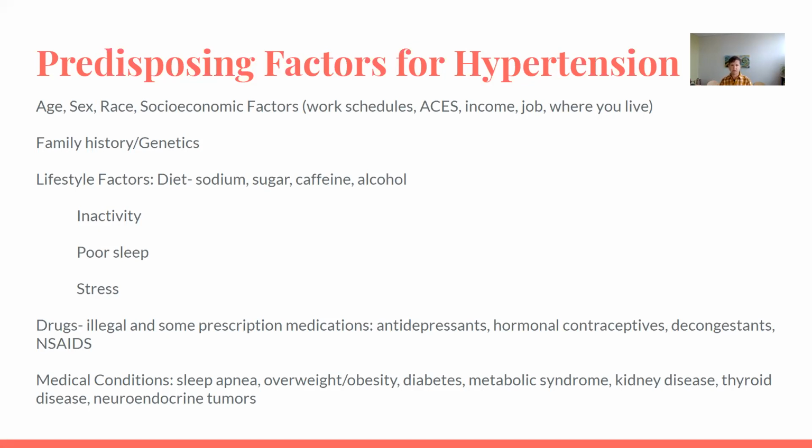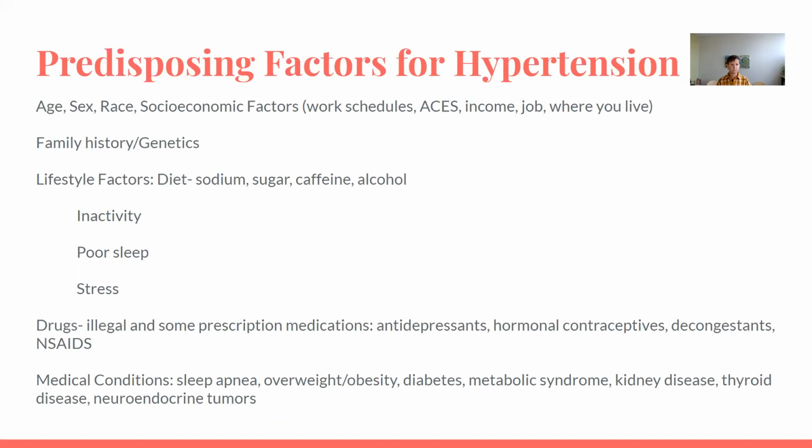Different medical conditions that are predisposing: sleep apnea, overweight and obesity, diabetes, metabolic syndrome. That's a combination of blood pressure, waist circumference, elevated triglycerides. So those are things we're looking at as well. Kidney disease, the kidneys play a huge role in our blood pressure modulation, thyroid disease, and then there are certain neuroendocrine tumors which are less common, but can be predisposing for hypertension